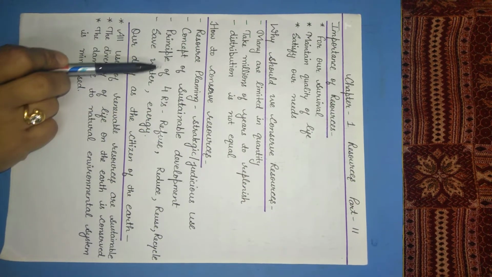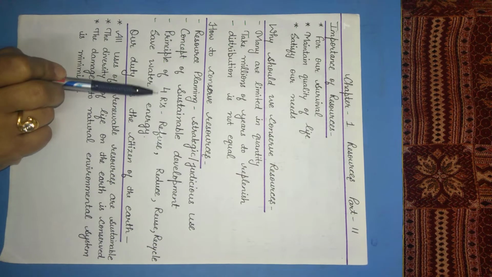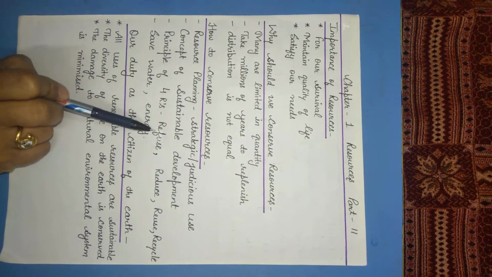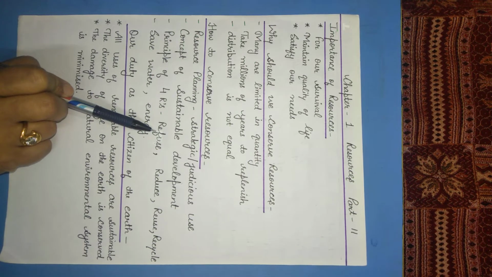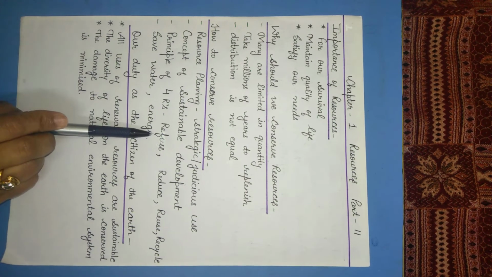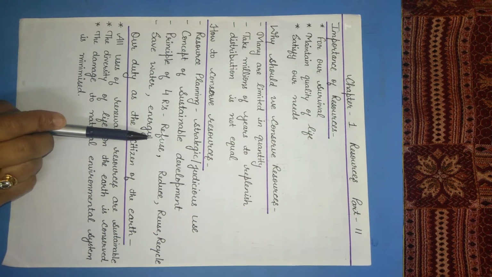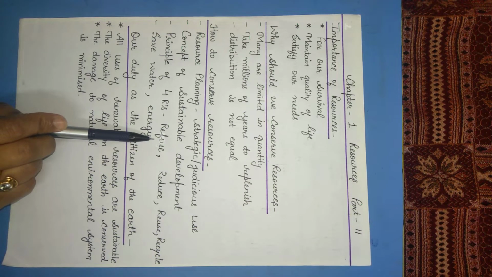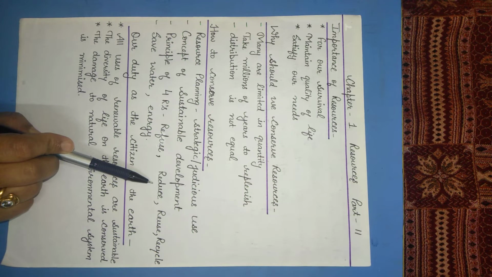We have to follow the principle of 4 R's. What are the 4 R's? First of all, we have to refuse those resources which we can. We have to cut down our needs, and we have to refuse single use plastic. We have to use paper bags, which can help in conserving land and water resources. We have to reduce our demands. We should think that resources are to satisfy our needs but not our greed.